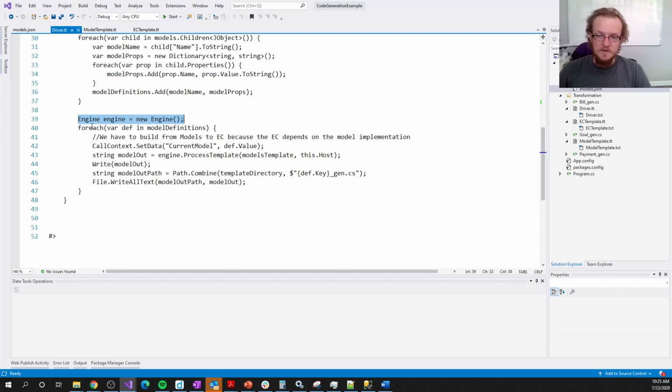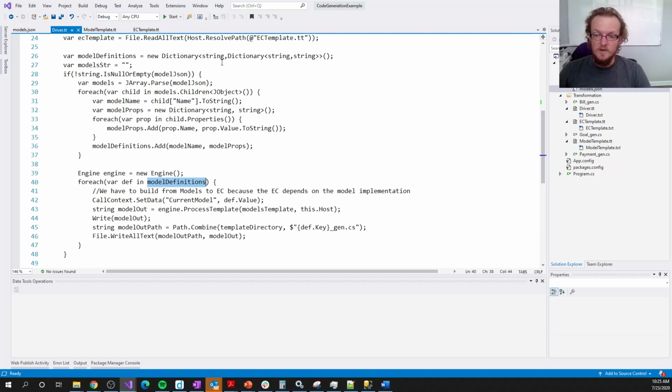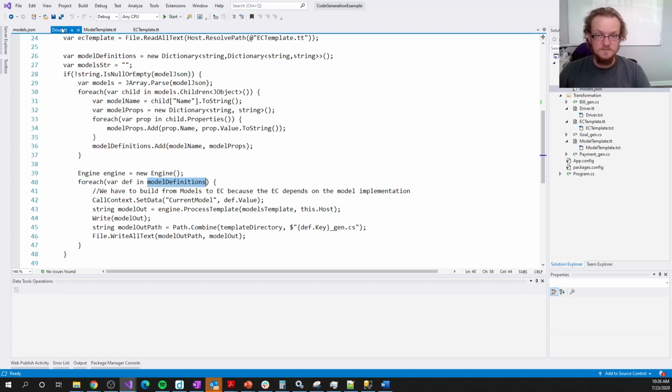And what we're going to do is iterate over all of these model definitions. For each entry in our data structure, we're going to first build the model and then build the EC, then go to the next model, build the model, build the EC, and so on and so forth for all of the models. Because this is a for each loop and because model definitions has been dynamically generated, you could come in here and add 74 different models, and this would always just create 74 files over here